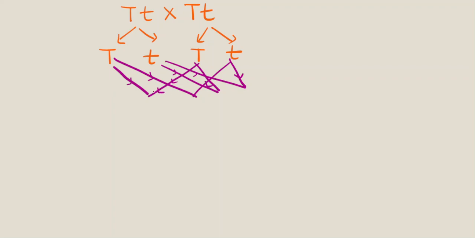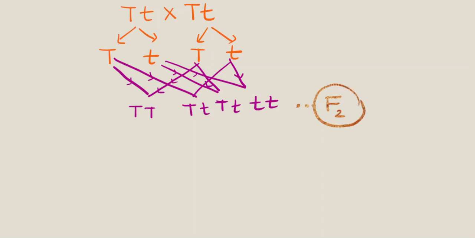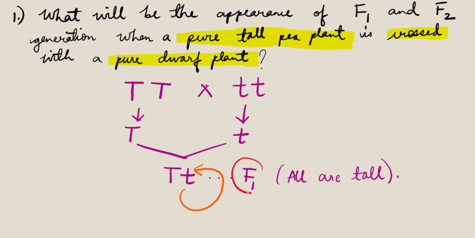Then you have to write your capital T, capital T, capital T, small t, then capital T, small t, and small t, small t. So this is the first. Here you will get F2 generation. So you got F1, you got F2 generation. So the question was asking about